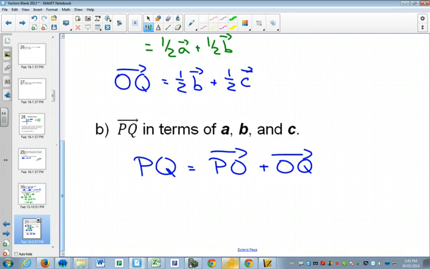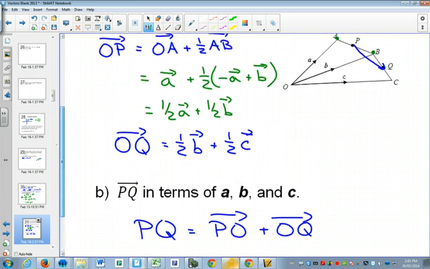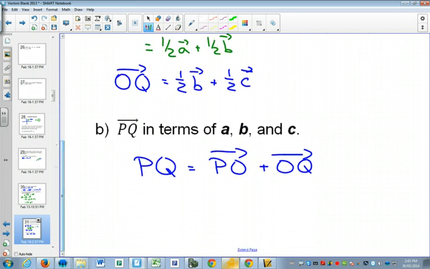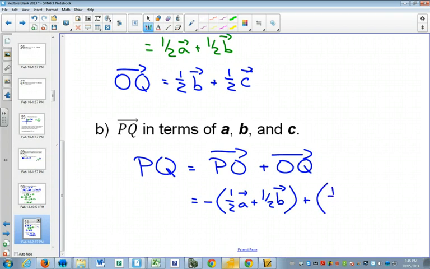So we need to go backwards, back to the origin, and then from the origin to Q. And since we figured out what O to P was, P to O will just be the negative. And O to Q